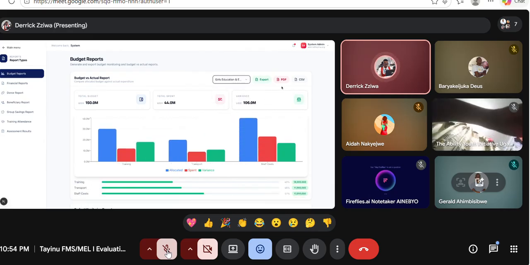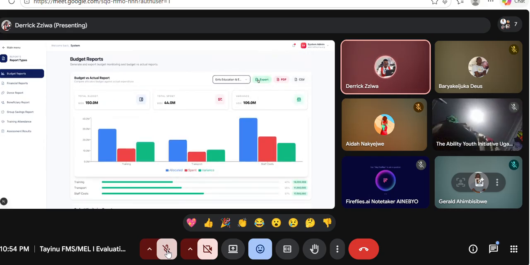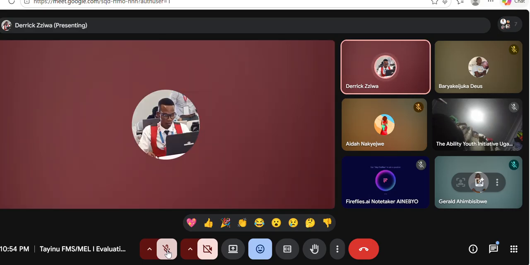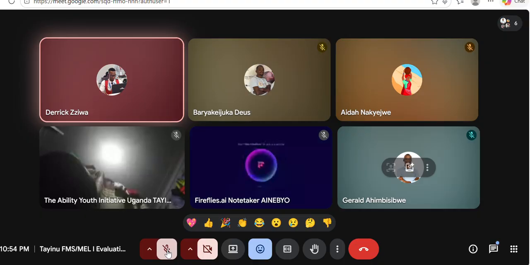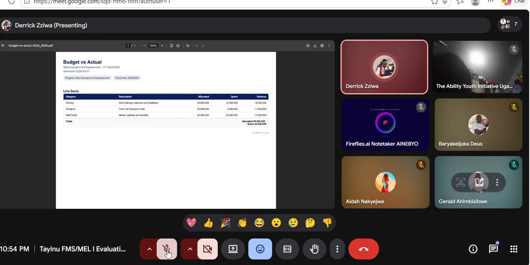Then you have the option to export this report to PDF or Excel or CSV. So you can select PDF and it will download for you a PDF file. Let me share this. Oh, it has gone off. Just a second. So you can see this is the PDF that is exported by the system for that particular report. If I go back here,